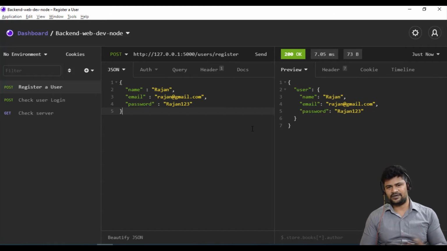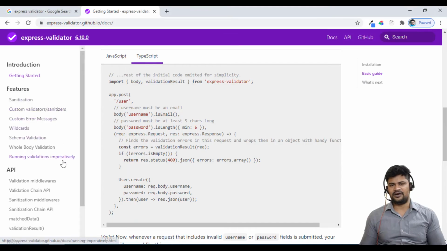We also have a lot of functions. You can just try those functions for your form, like currency, alphanumeric characters, and credit card number. A lot of functions are there. You can have a try. If you want to know more, just look into the official documentation. You get more clarity.